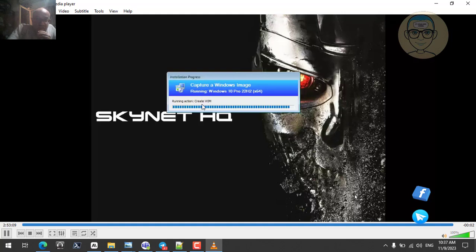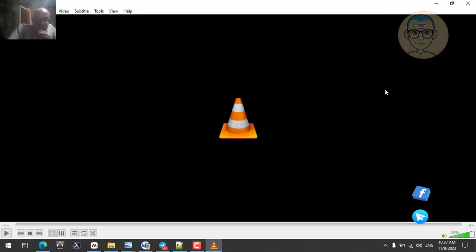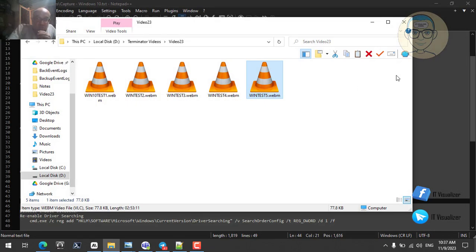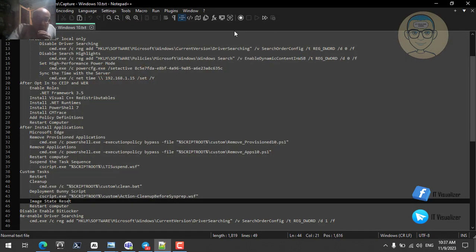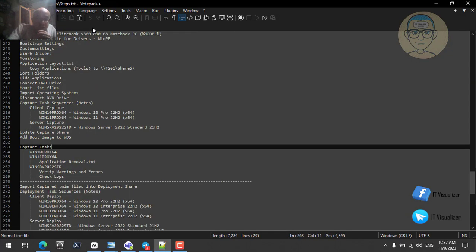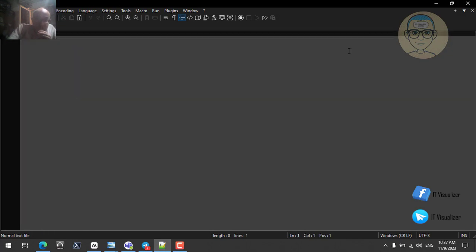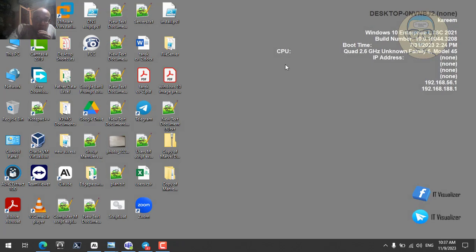After creating the WIM file or creating the image, it will be saved to the capture folder in the capture share. So this is basically our capture process. In the upcoming video, we will take this image and see how we can deploy it to a large number of PCs through another MDT task sequence. We will call it